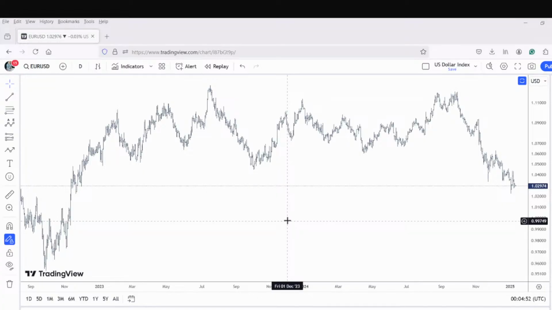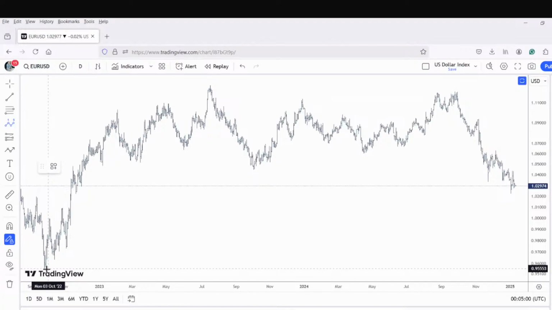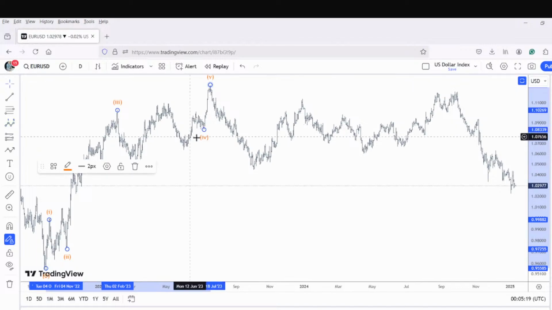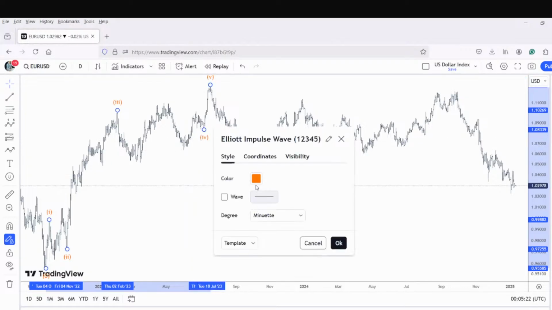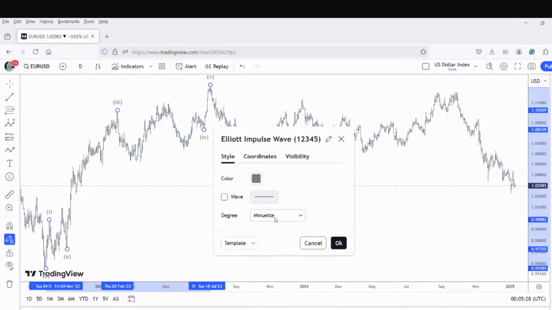So let's get started with the euro and let's get started with the larger degree wave counts because we have not touched them for the last two sessions. And if you are joining fresh, it is important for everyone to be on the same lines. Euro, what it has done is a larger degree impulse wave, minor. I'm just changing the degree to minor one second. So minor degree